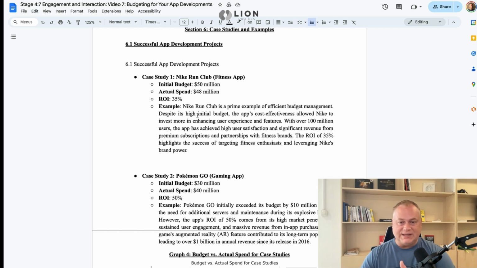And this is a great example of efficient budget management and making sure that you allocate enough budget at the front of the app process so that you can create that great user experience, so that you have availability for testing, that you can do those user case studies, and that you're meeting those client expectations, and to be able to